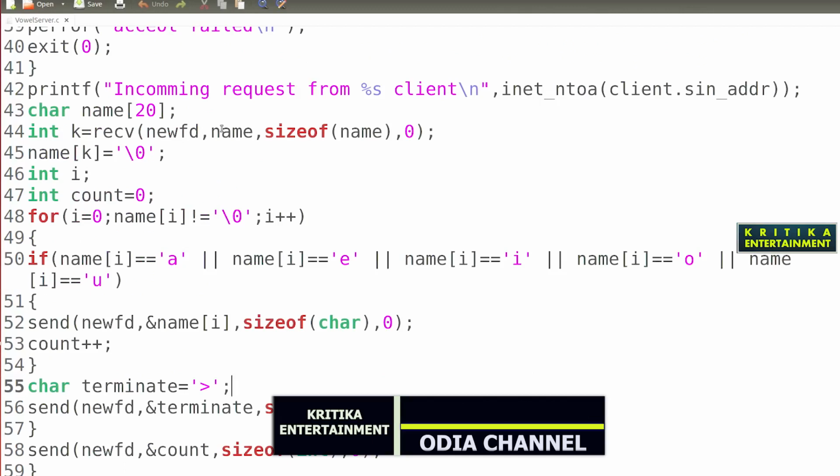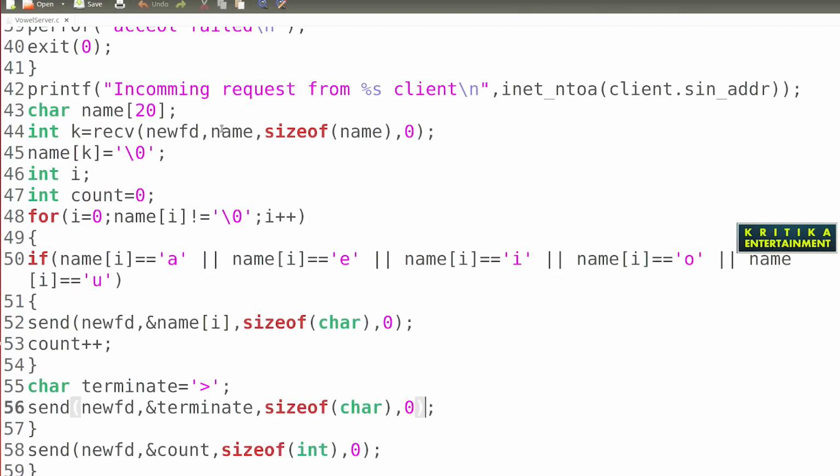So here what will we do here? So here will be count. So here the terminate character.